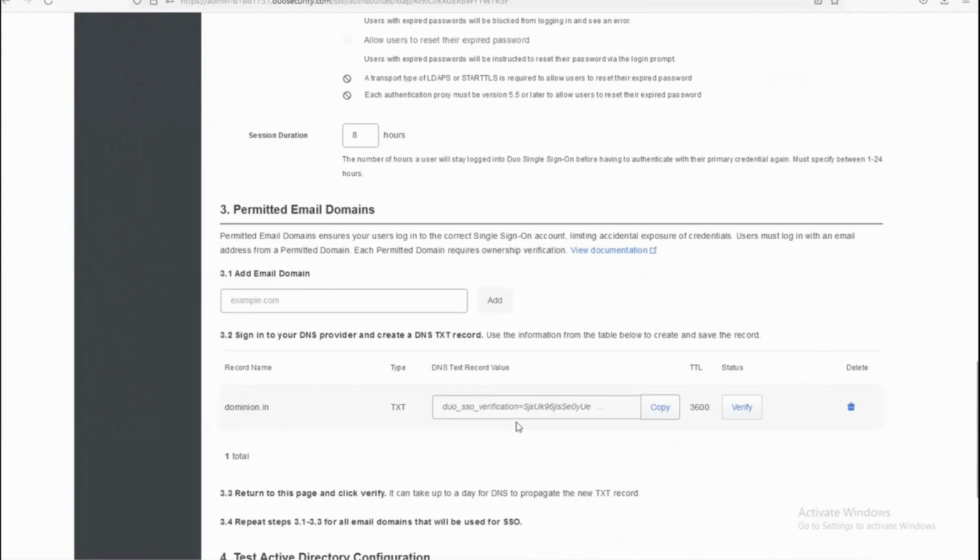The permitted email domains are the domains that you own. If the users are coming from dominion.in, that's where my Active Directory domain is, so you're supposed to provide this email domain validation. That means you copy this text record as a TXT record into your DNS entries, your DNS server. If you don't own this domain, obviously the SSO process is not going to work, because the SSO is a